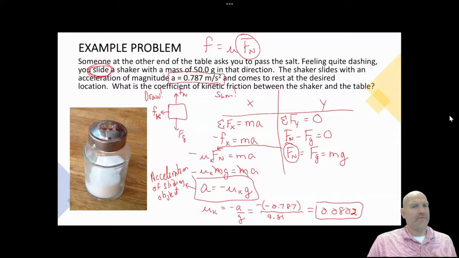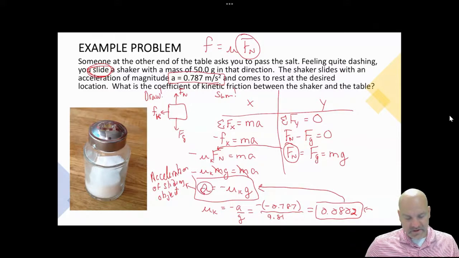Okay. Now this could be part of a dynamics question or a waterline question, which you'll see here towards the end of this unit, where you can work backwards. You can be given this, then you use this to find the acceleration, and then you use something to find like how far did it slide, how long did it take, okay, what was the initial velocity of the salt shaker. Okay, but there's all these things that you can find, but a lot of times it'll start right here with friction. Okay, now in the next video we're going to look at the other type of friction, which is